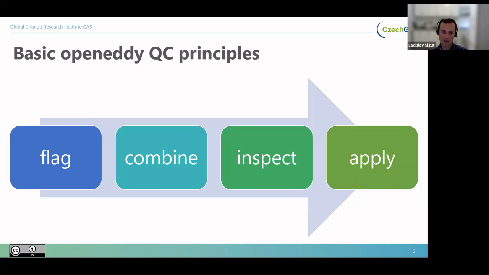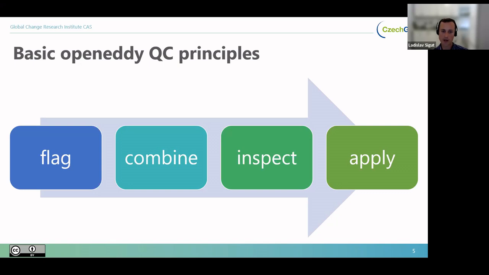Looking into actually applying the quality control, the principle is very simple. You create a flag. So for each half-hourly record, you create a flag from 0 to 2. 0 basically means the best quality of data. 1 means it's on the edge, but we are still okay to use that value. And flag 2 means this value should be discarded because there are some flaws that were identified by a certain